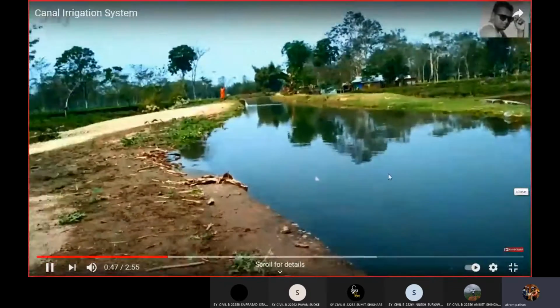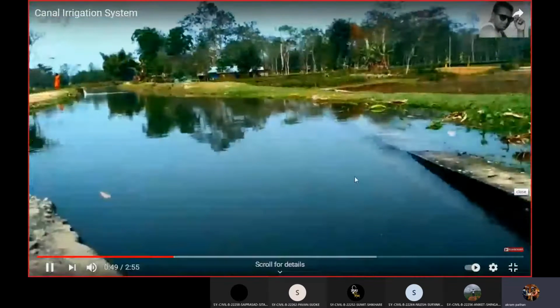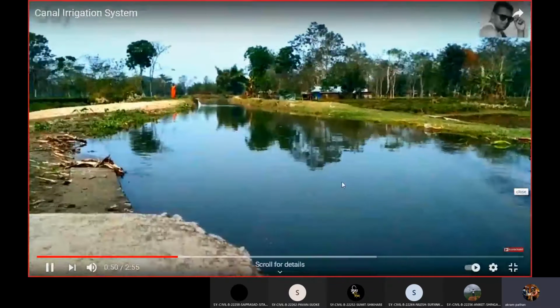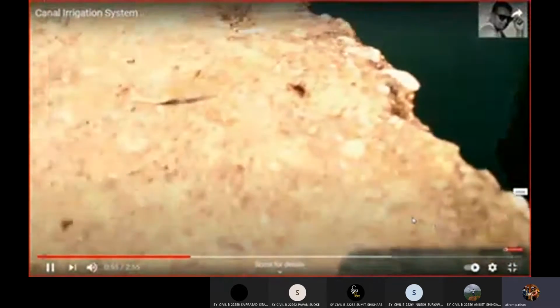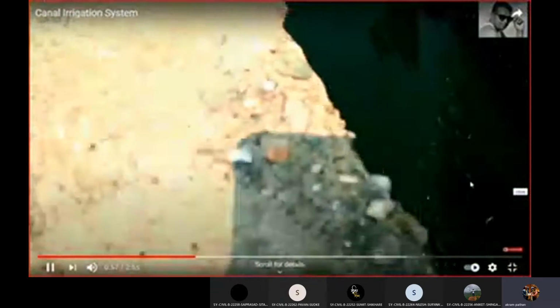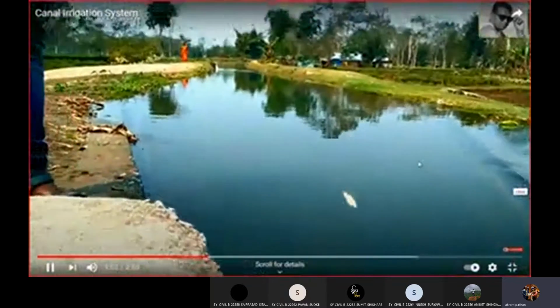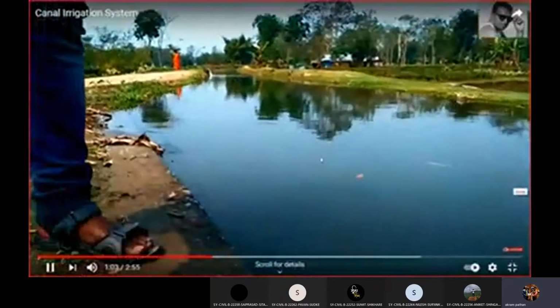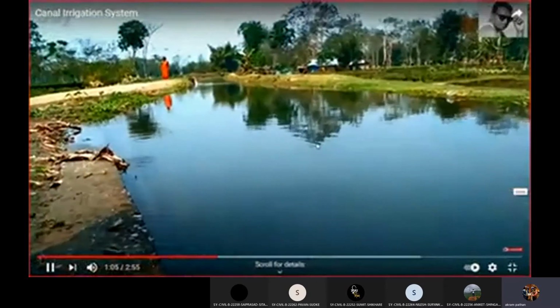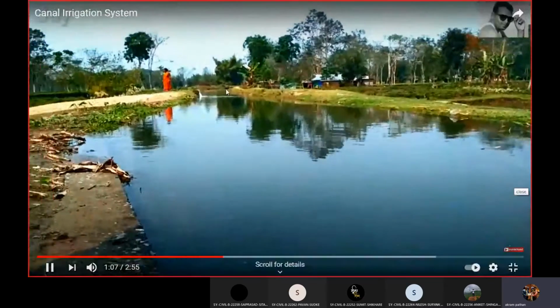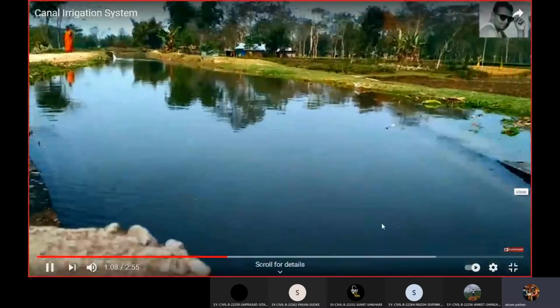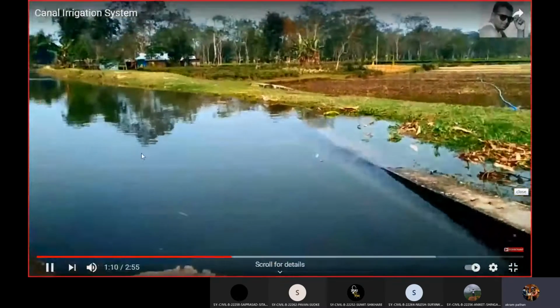So this is how the water is flowing in the particular channel. And our responsibility is that we have to measure the discharge. So in today's practical, we are going to measure this particular discharge, how much water is flowing through